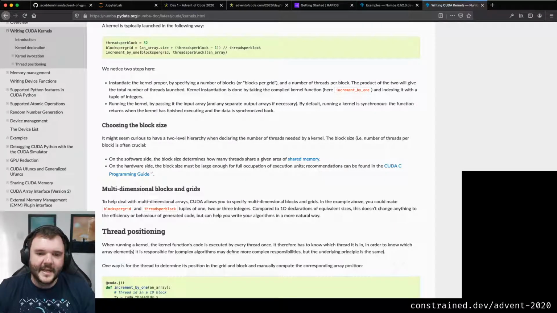But basically here we're saying when a block is executed, all of the threads inside the block have a bit of shared memory. So you can do some clever stuff where they're all communicating through some shared memory there. But also you want to keep the block size big so that you fully utilize the GPU.